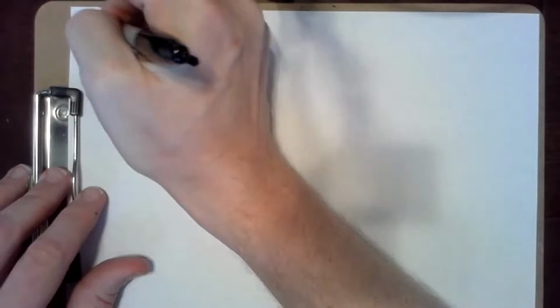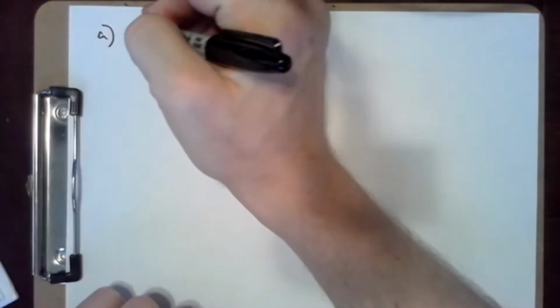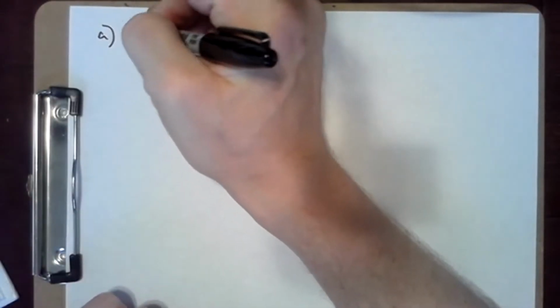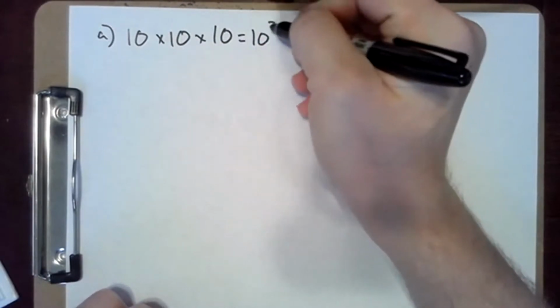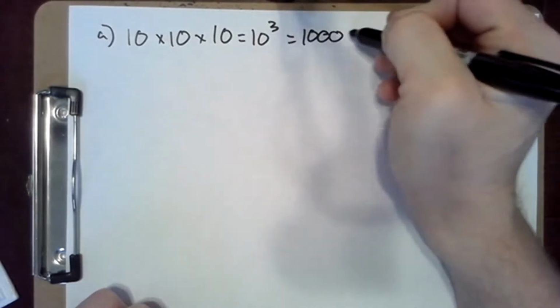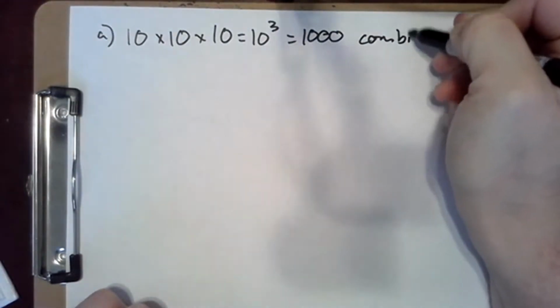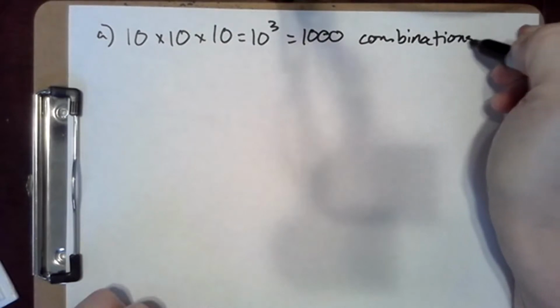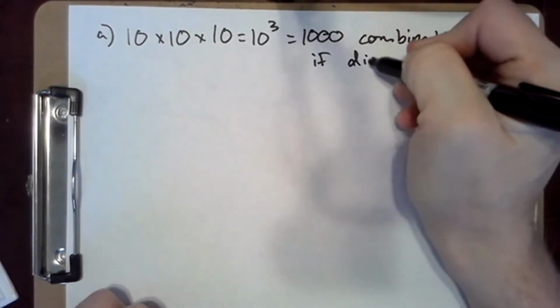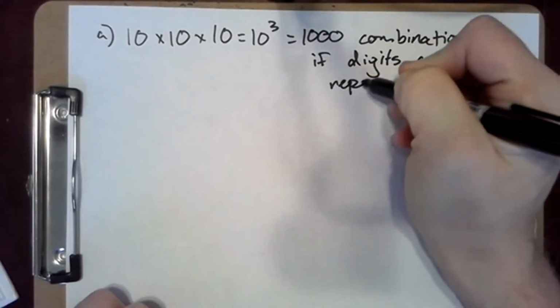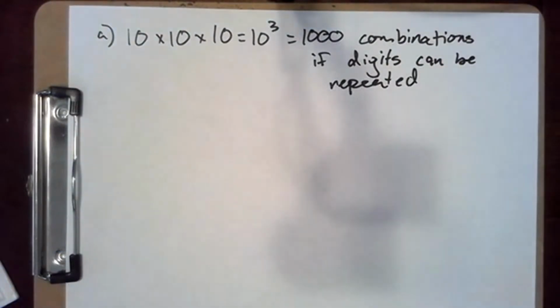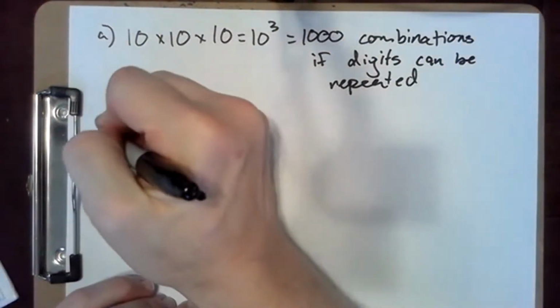So for this one, first, we're asked how many combinations are there if any of the 10 digits is viable at any point. So that's 10 times 10 times 10, or 10 cubed, which is 1,000 combinations, if the digits can be repeated. If digits can't be repeated,